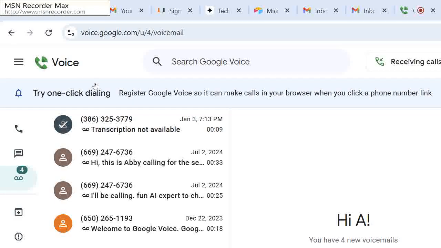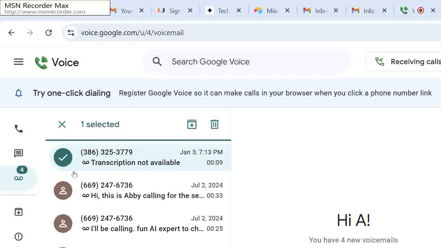You're cleaning up your Gmail and then heading to Google Drive to make a